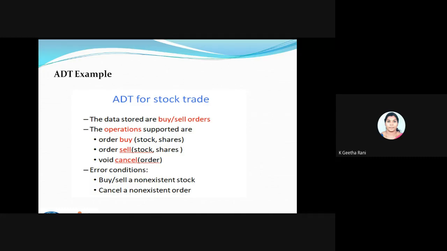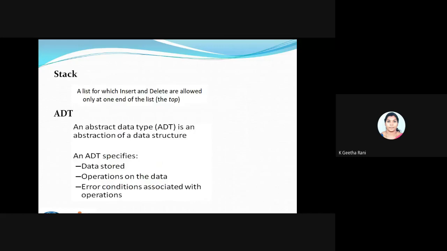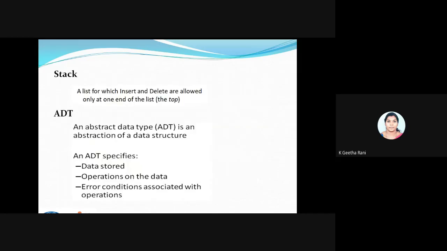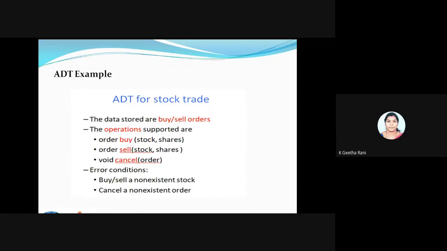So we're going to purely look at the data abstraction for a stack. I hope it's clear so far. A stack is somewhat similar to a box with one open end. I'm going to put in a watermelon, and the watermelon can be compared with the data. The data will always be one above the other. If we are clear with the content so far, can you give me a reply in the chat box so that I can go to my next slide.